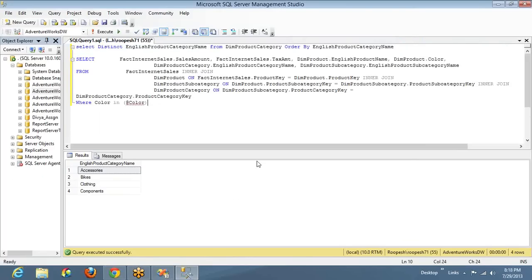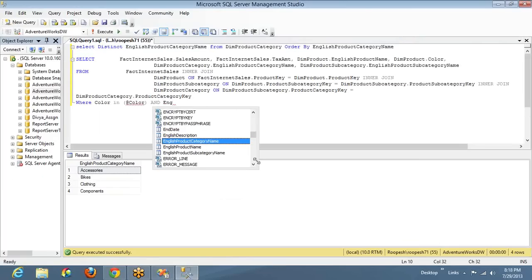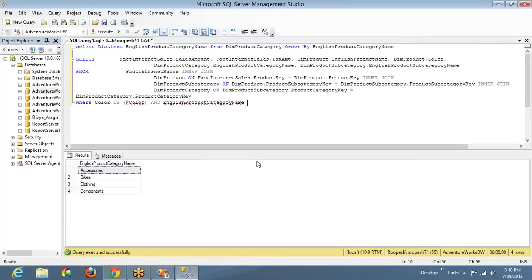So where color in so and so, and is it AND or OR condition? What I have to give? Is it AND or OR between these two? It will be AND. Why? Because products with this color or color in these items and product subcategory in so and so. That is how the product category name, sorry, not subcategory. In, I'm giving a name